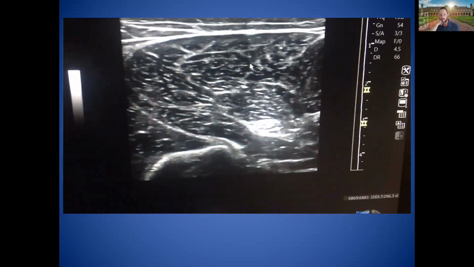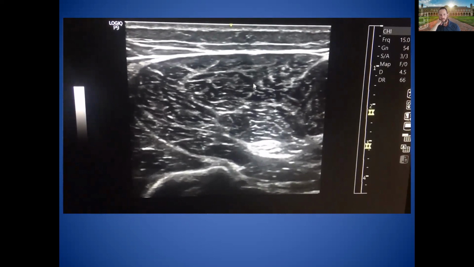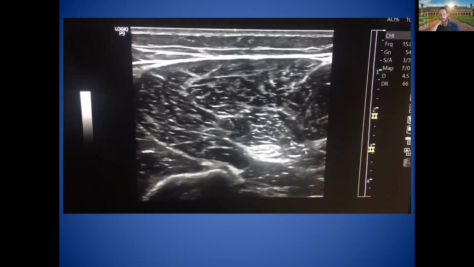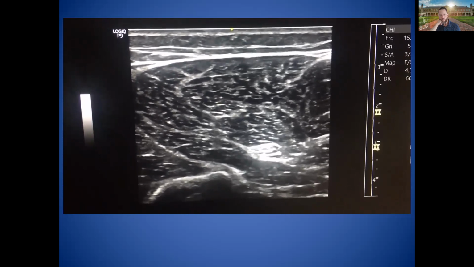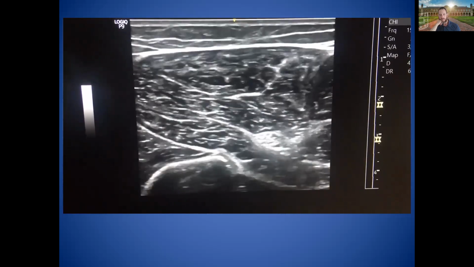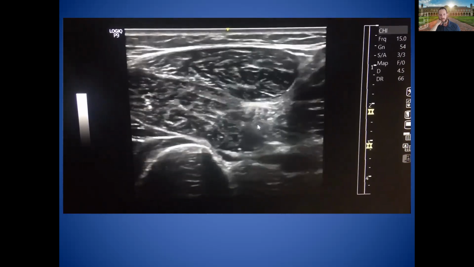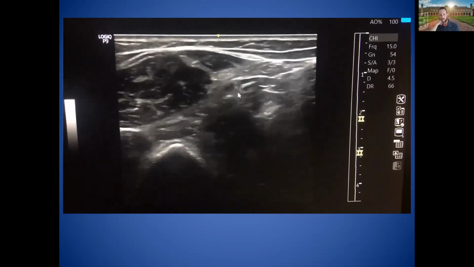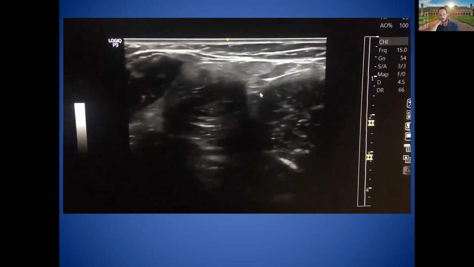The left side of the ultrasound screen is the thumb side of my hand, and the lateral side. Here you can see the long head of the biceps femoris, and this is the sciatic nerve. Now I'm going to travel distally, keeping the sciatic nerve in view as I approach the popliteal fossa. Here you'll see the sciatic nerve continuing into the popliteal fossa, and here dividing into the tibial nerve, which